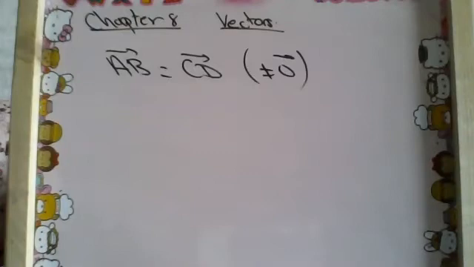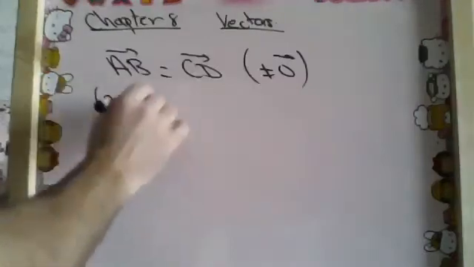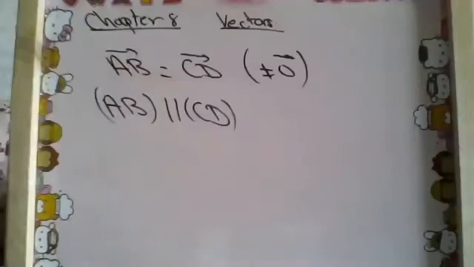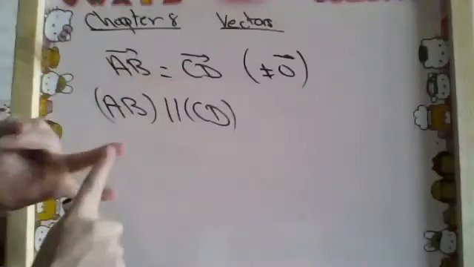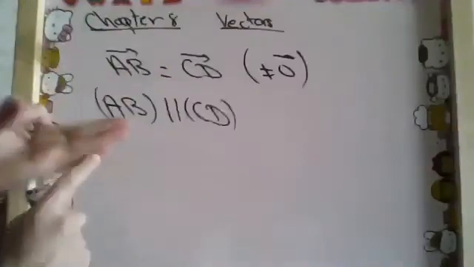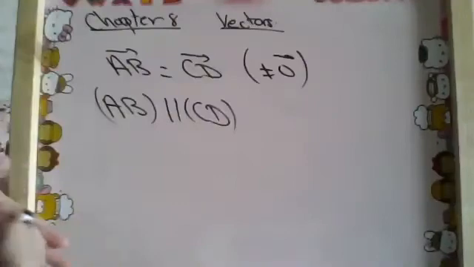Okay, so line AB is parallel to line CD. Good. AB is parallel to CD for one reason: when you say two vectors are equal, it means they have the same direction, same magnitude, and same sense. For the direction, we said that the direction of a vector is a line, any line parallel to the line